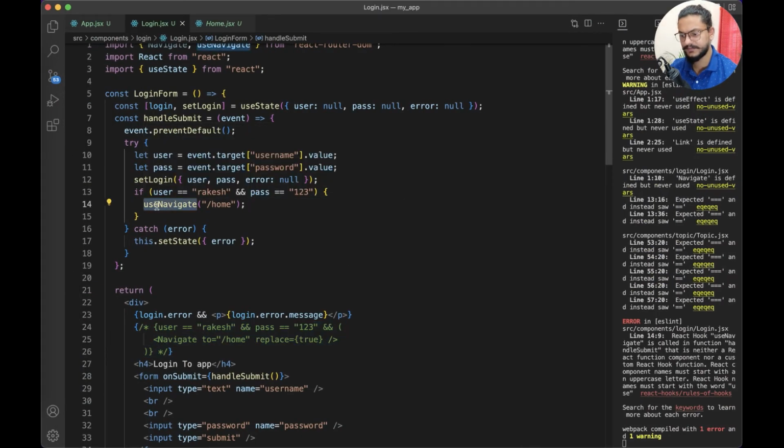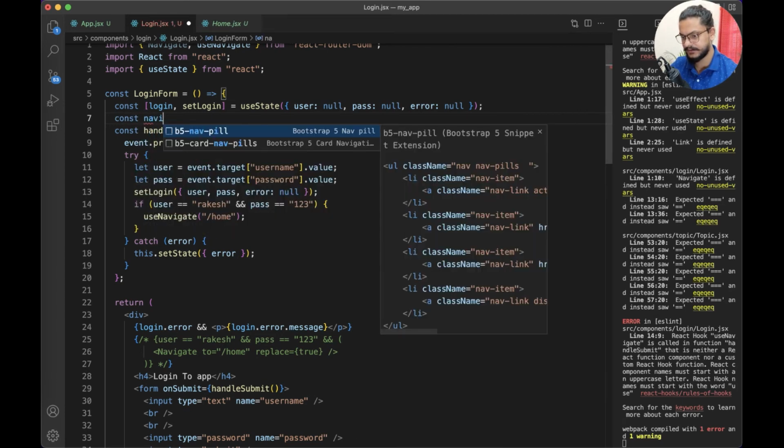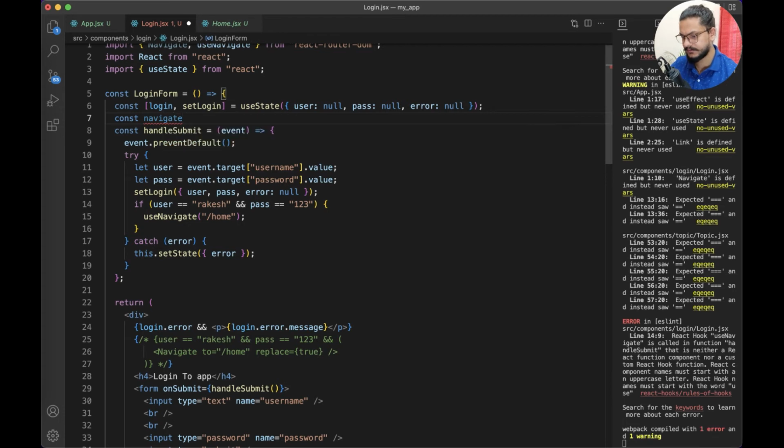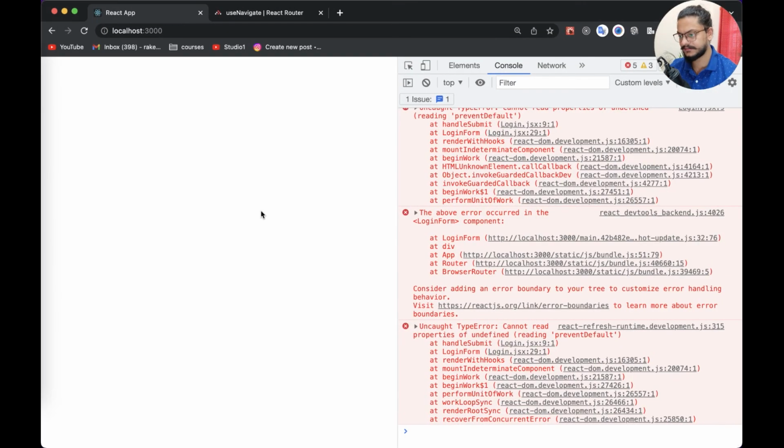The problem here is we are using useNavigate directly because it's a hook. So what we need to do first is we need to create a variable, something called navigate. Okay, and we need to just use that navigate instead of this useNavigate. Okay, now if you save and go back,